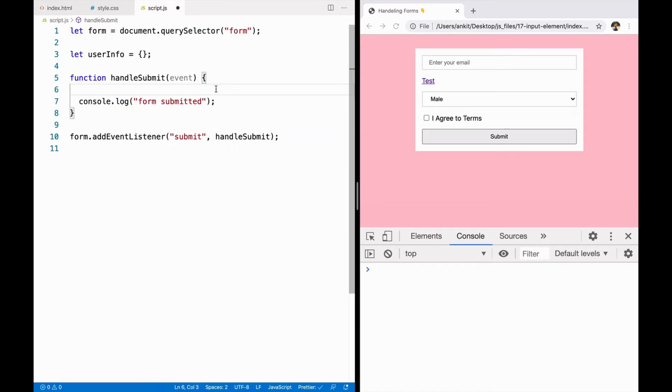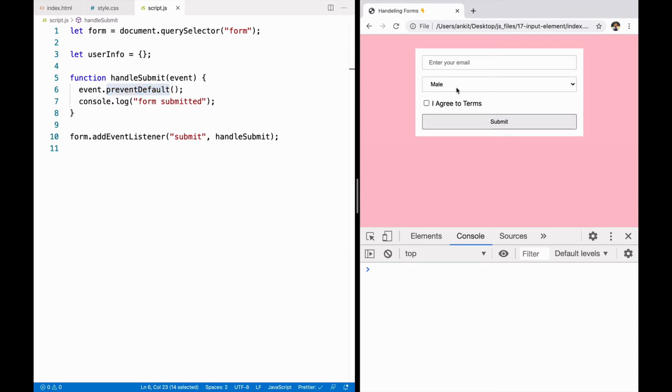To handle the default nature, we can say event.preventDefault. It means you are asking the specific event happening on the form to not perform the default nature of that element. The default nature of a form element is to refresh the page, and you're saying don't do that.